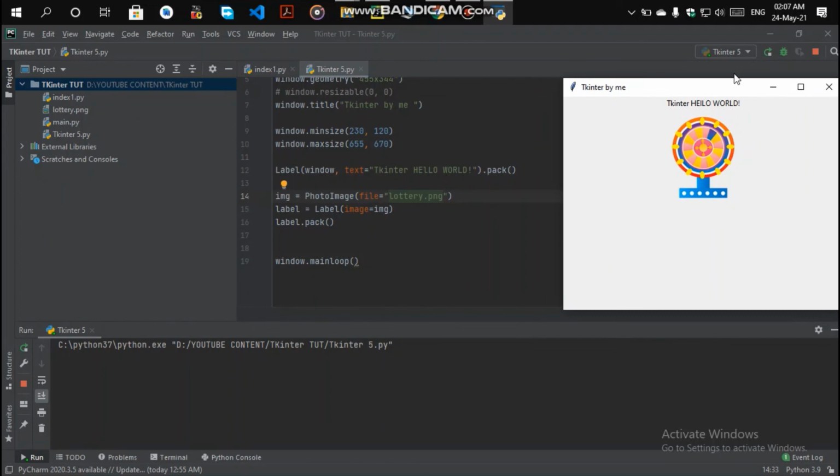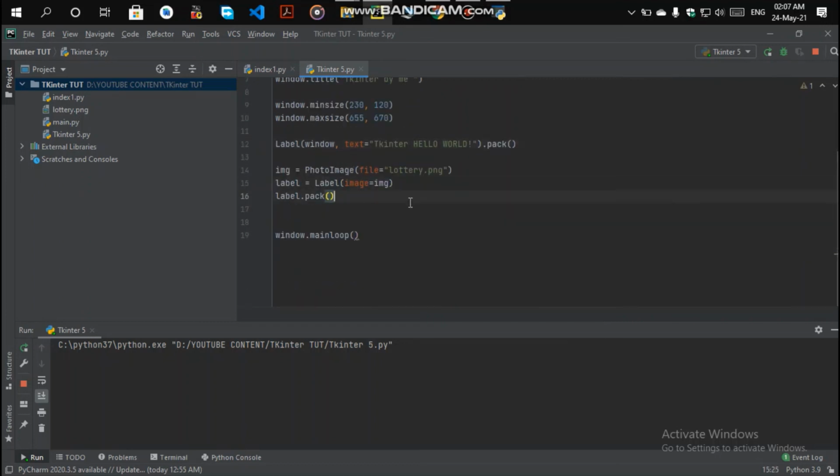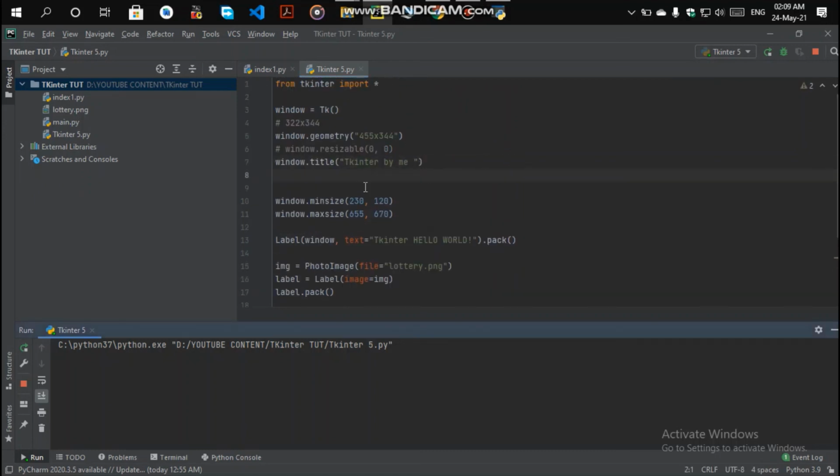Comment below how excited you were after displaying an image with the label tag in your window. So this is the basic PhotoImage display with the label tag. One topic remains here, the title image.